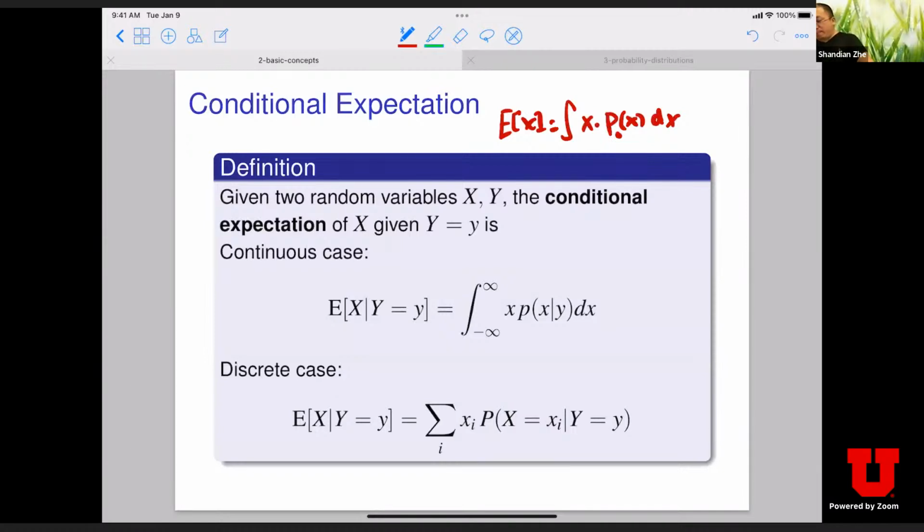So when we say the expectation of X conditional on the random variable Y taking the value small y, it will simply be this integration. This tells you, when your random variable Y takes a particular value, what is the conditional expectation of X? So now I want to ask a question. What if I want to ask you to look at this one?